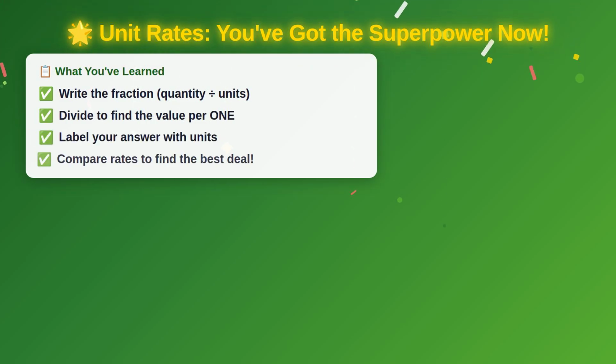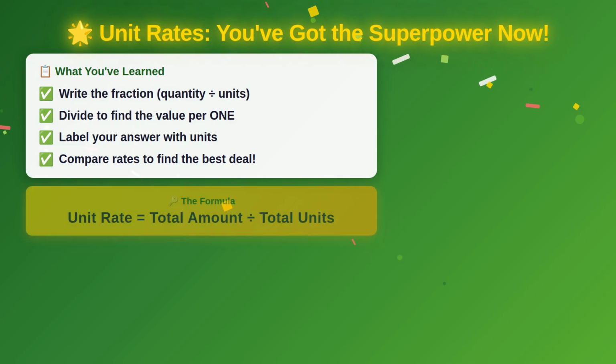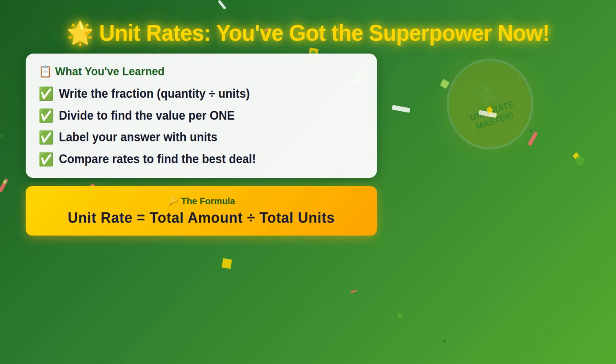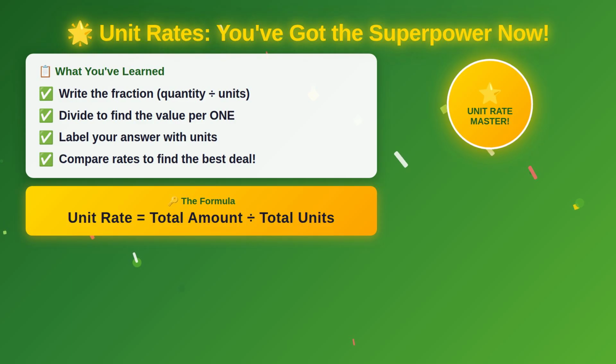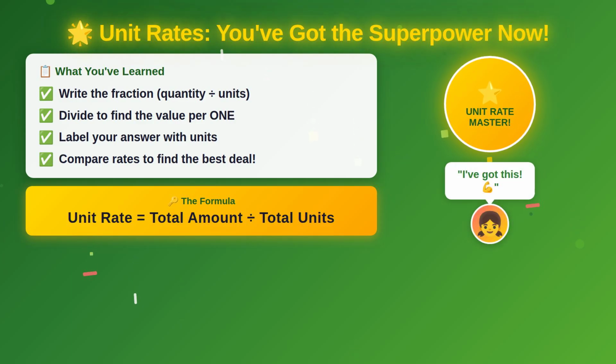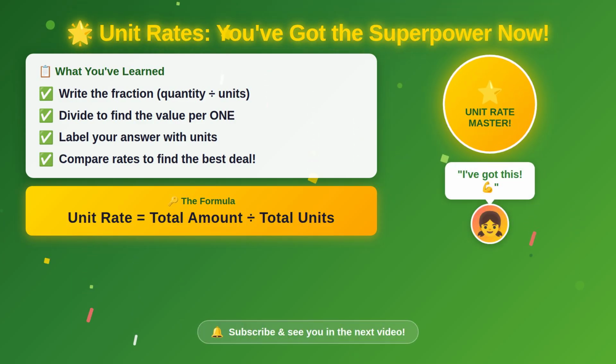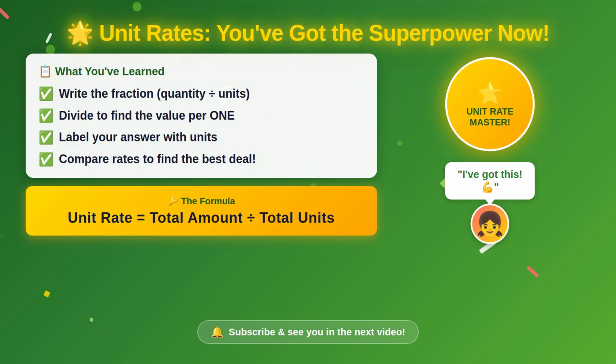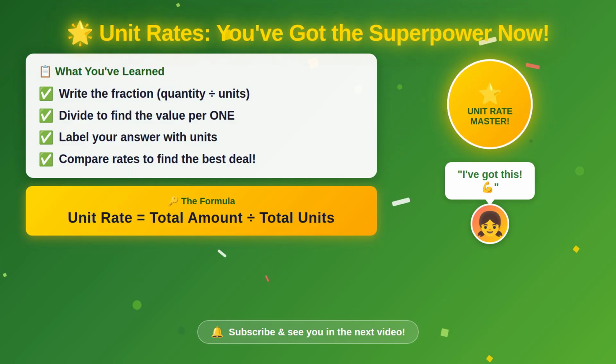Remember when Maya was totally frozen in the grocery store, not knowing which granola bar box was the better deal? Now she, and you, can solve that in seconds. Unit rate is simply dividing one quantity by another to find per 1. It works for speed, prices, scores, heartbeats, and so much more. Write the fraction, divide, label it. 3 steps, and you're done. Practice spotting